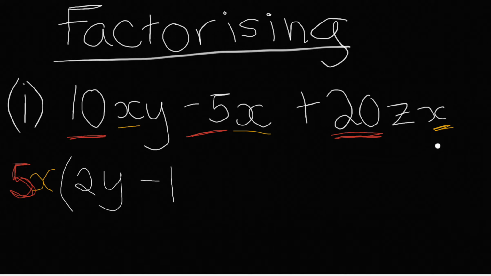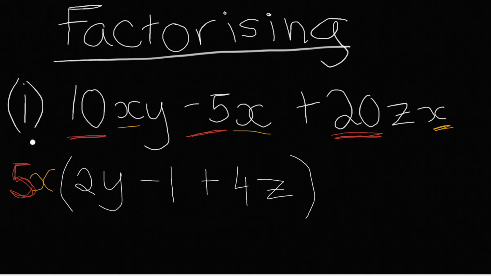Okay, and now for the last term, 20zx. What do you have to multiply 5x by to give you 20zx? You have to multiply 5x by plus 4z, right? So 5x times 2y is 10xy. 5x times minus 1 is negative 5x. And 5x times 4z is 20zx,